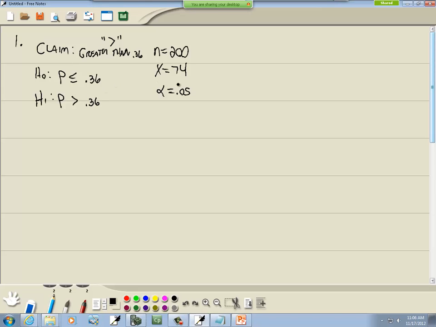Now the only symbols that you can put on H1 are less than, greater than, or not equal to. The only symbols you can put on H0 are less than or equal to, greater than or equal to, or equal to. Now some books, the one we're using in particular, will always put equals on this H0. I really don't like that form because if you reject this and you accept this, these should be opposites of each other in my view. I know it doesn't matter in terms of actually solving a problem, you get the same answer, but